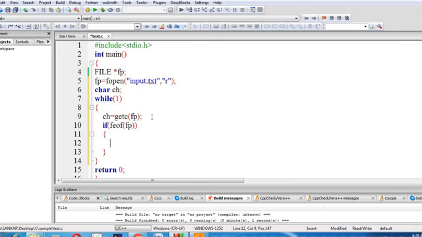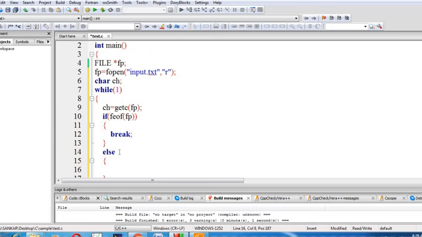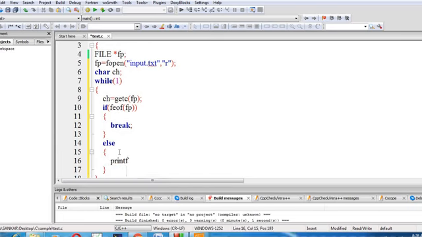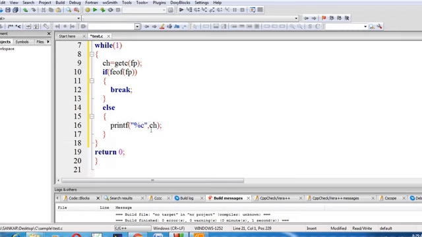If it is the end of the file, terminate from the looping. Otherwise, we have to display whatever is there in the ch variable. Else, printf %c, ch. So this is our program.